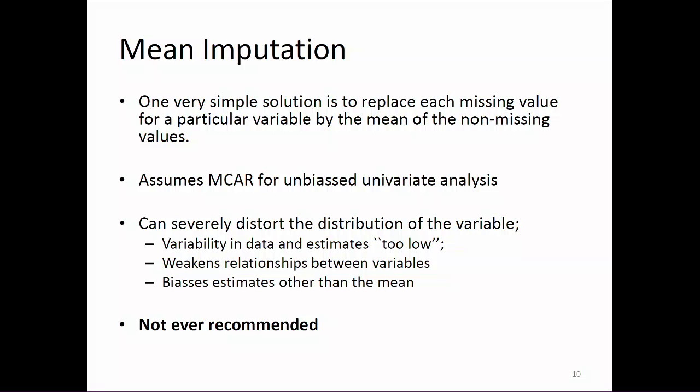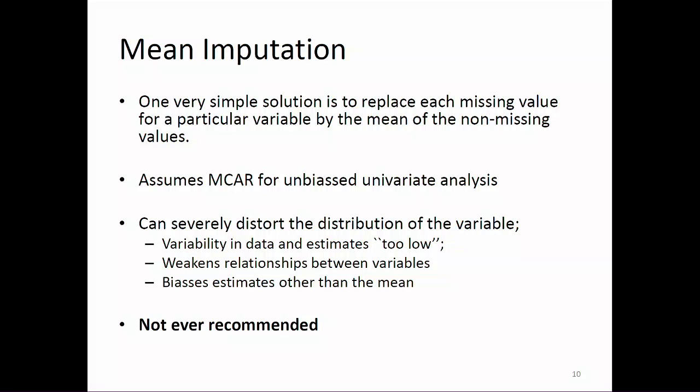Seems reasonable. What could possibly go wrong, right? So this is bad, okay? Don't ever do this. And I will show you a picture on the next page which hopefully will illustrate why. The reason it's bad is it severely distorts the distribution of the data. What it's doing is essentially creating an extra population that's all concentrated around a particular value. So the actual values we'll be looking at are a big spike, like a big discrete distribution at exactly the